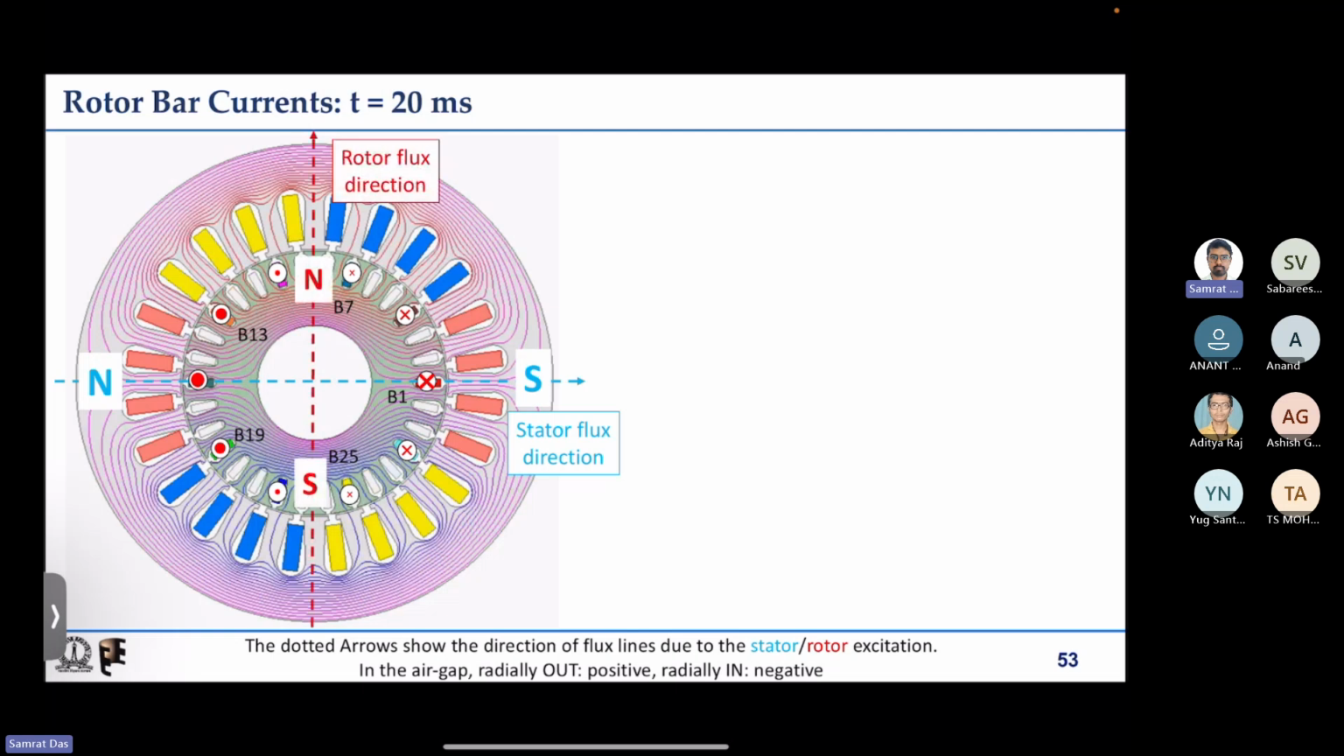Probably in the next class we'll see what happens during generation, that is when the rotor speed is more than the synchronous speed. Now we have taken the rotor speed to be 2400 rpm, which is lower than 3000 rpm, the synchronous speed, the speed at which the stator magnetic field is rotating. Next we'll take a speed, say n2, higher than 3000 rpm, and similar to this case we will look at the flux linkages and induced EMFs in the rotor bars,